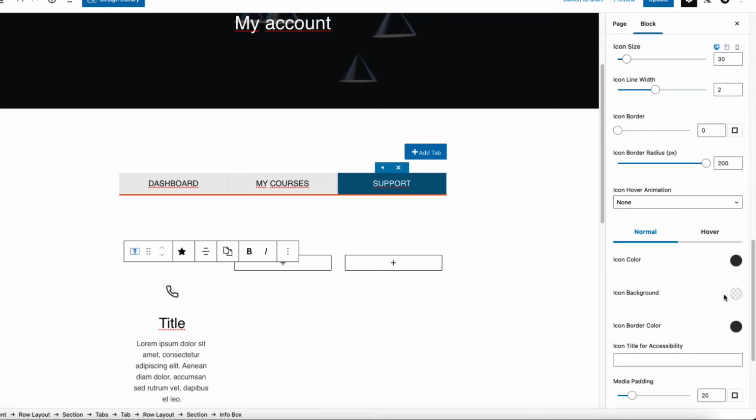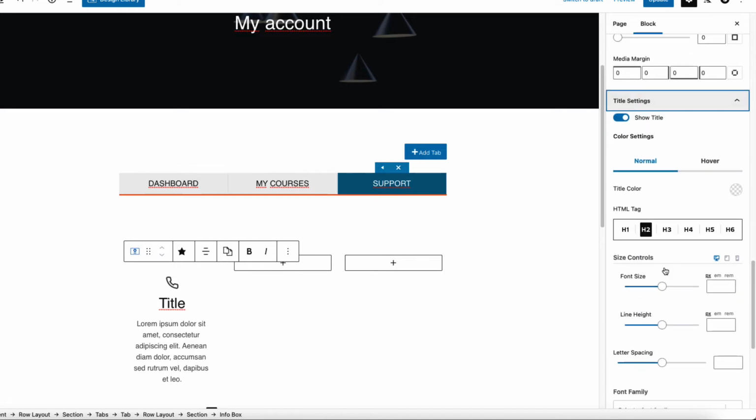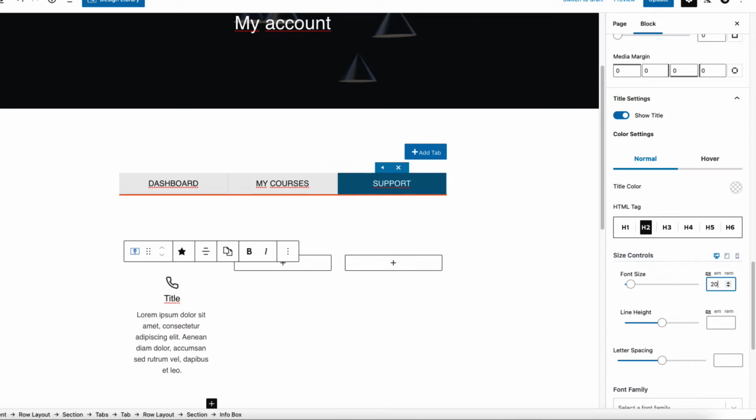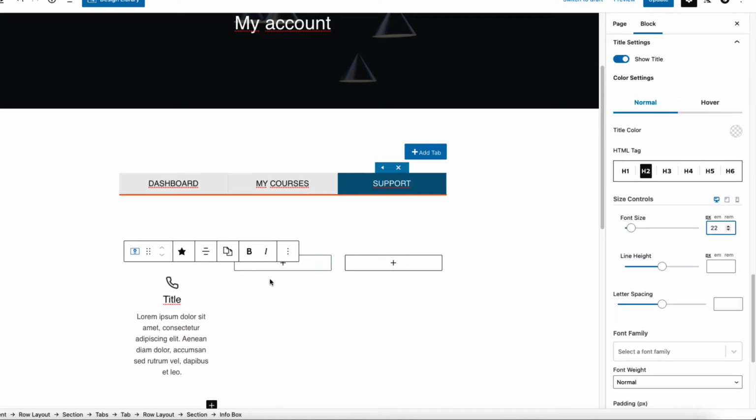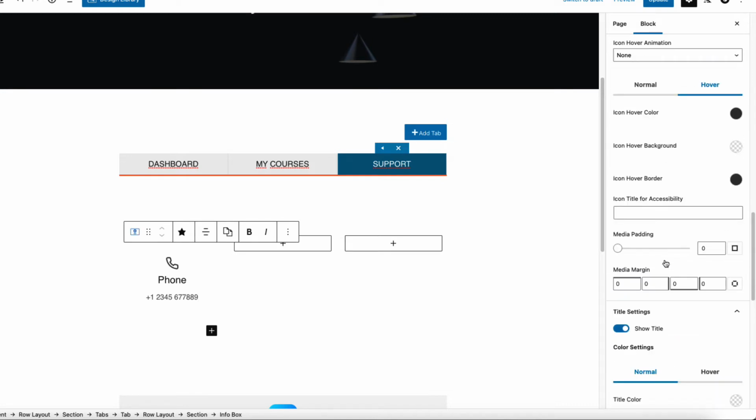Next one, icon background, I'm gonna reset because I don't want the background to be there, and I'm gonna reset also for the hover. Media settings, margin 0 and 0 for everywhere, and padding also 0. For a title, it's gonna be 20 pixels or maybe 22. Yeah, a bit better. So it's gonna be called phone. I'm gonna enter the phone number, although it seems to me now that I need a media margin down bottom 10 pixels. Okay, now I'm gonna duplicate it